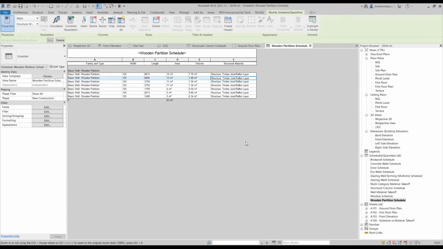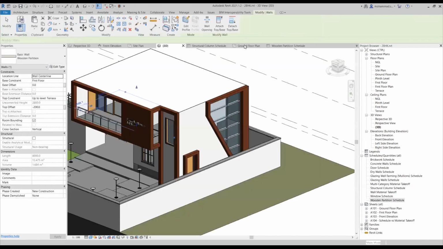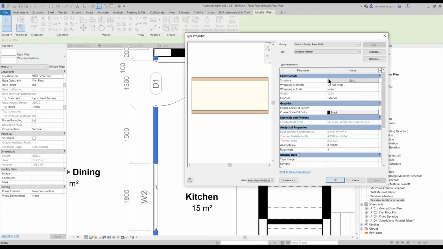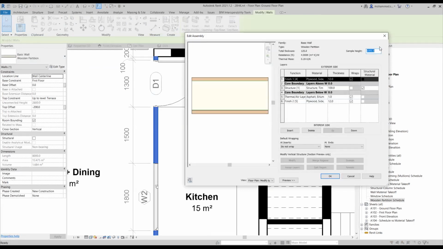Although in the beginning of this schedule creation of walls, I've shown you that these walls, for example, if I get back to ground floor again, this wall is actually comprised of 4 different materials, as we have discussed earlier. But in this case, only the structural layer, or any material where structural material is checked on, will be identified under the schedule and quantities option.